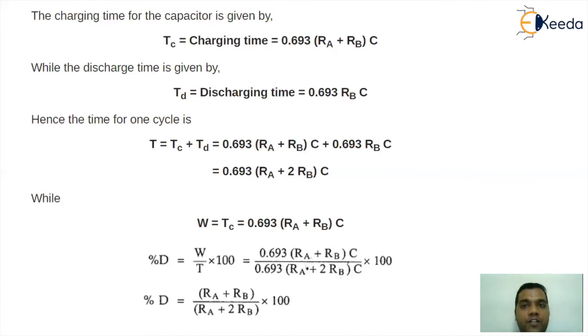So automatically the duty cycle will go to 50%. And under the same situation, if I go for an RB value greater than the RA value, you will get a duty cycle less than 50%. And if I go for one more case where the RA value is bigger than the RB value, you will get a duty cycle greater than 50%. So what did we learn from this entire logic? That if I use a diode across the resistor RB, I can modify the equations of charging and discharging with the help of the resistor values only, and accordingly I can control the duty cycle of the pulse. So this is how you generate a rectangular or a square waveform in astable multivibrator mode using IC555.